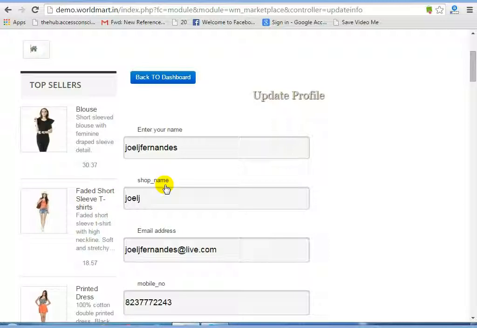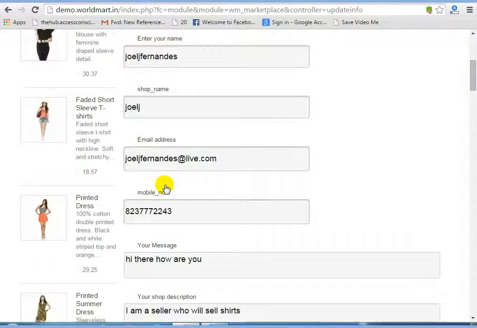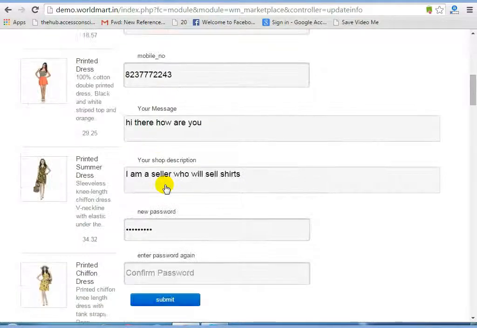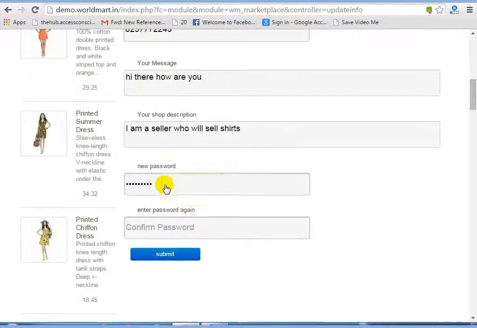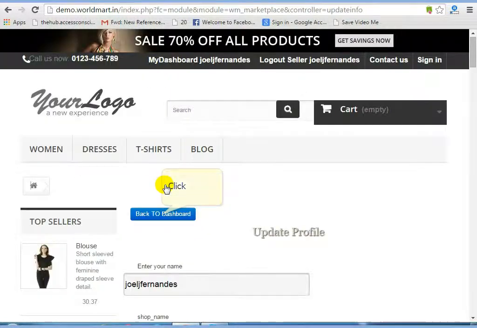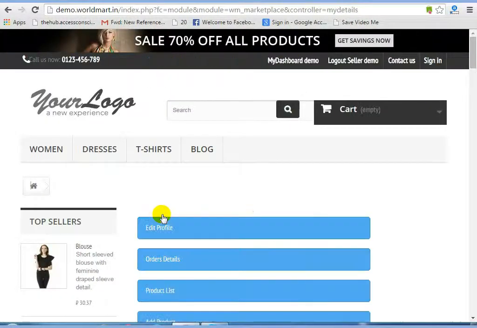When the customer registers himself, he can edit all those details over here. He can even update his password in this area. Okay, so I'm clicking the back to dashboard section where he can manage all the other things. Okay, so the second thing